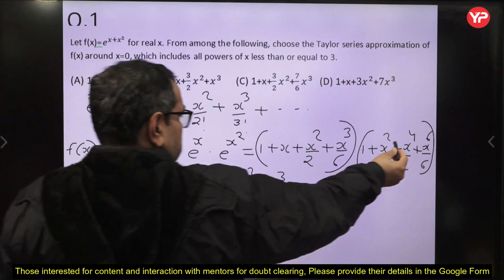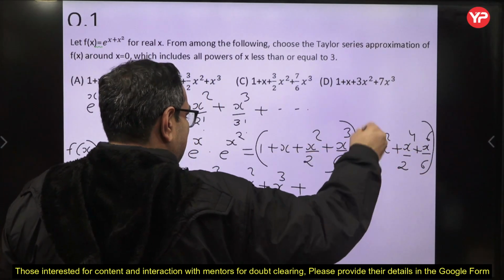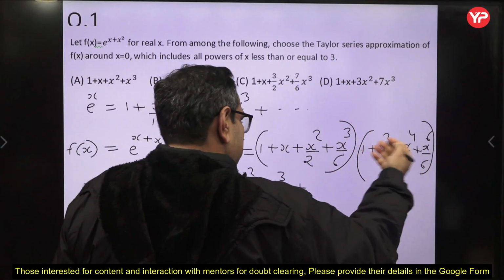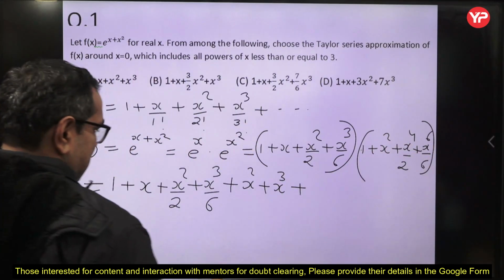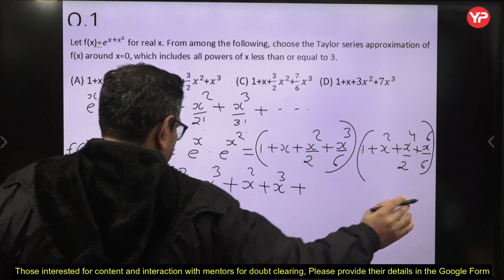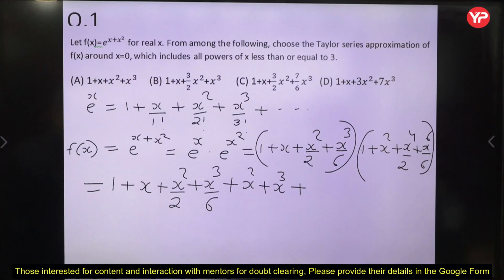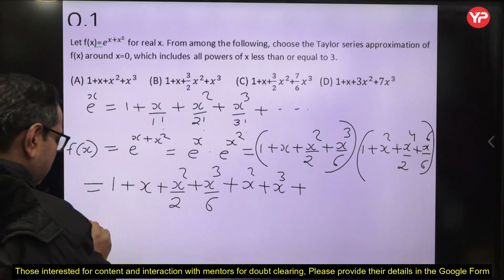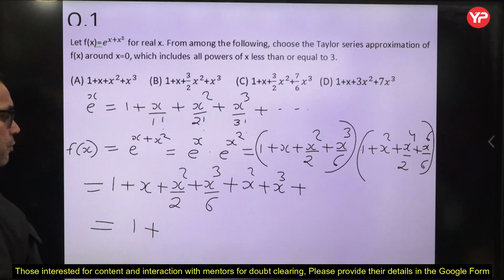Now if we multiply this power with these terms, we will get a power greater than 3, so there will not be any other term containing power of 3 or less, so no need to write any other term. This will be the final. So now let us combine the terms having same power of x.